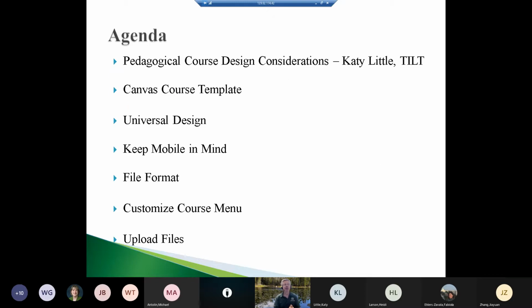So here's our agenda. Katie just went through our pedagogical course design considerations. Thank you very much, Katie. We're going to take a little look at the course template that automatically gets applied to every Canvas course, the concept of universal design, how to keep mobile in mind as more and more of our students are using mobile devices,